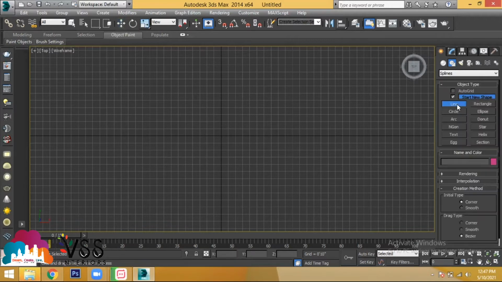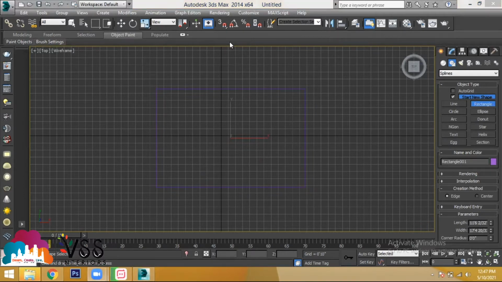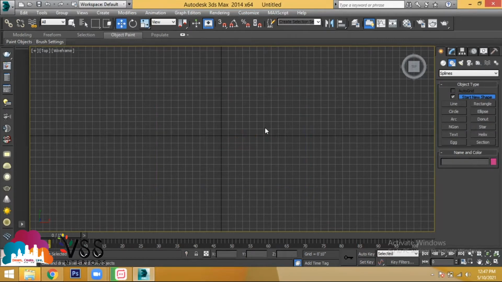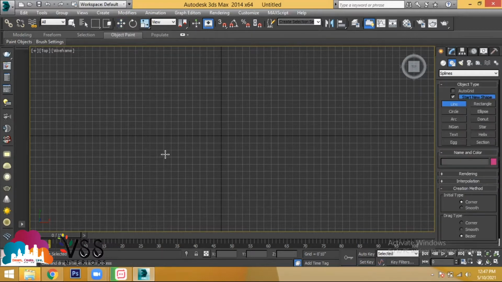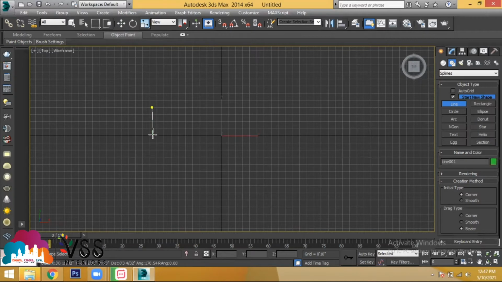Take the line tool. Till now, for whatever tool you have created, you have to take a starting point, click, hold and drag, right? But only in line, don't click and hold. Don't click and hold at the starting point. Just click and release. Remember clearly, line is a tool where you just click and release. If you click the starting point, hold it and drag, it will form a spline, which is nothing but a curved shape.